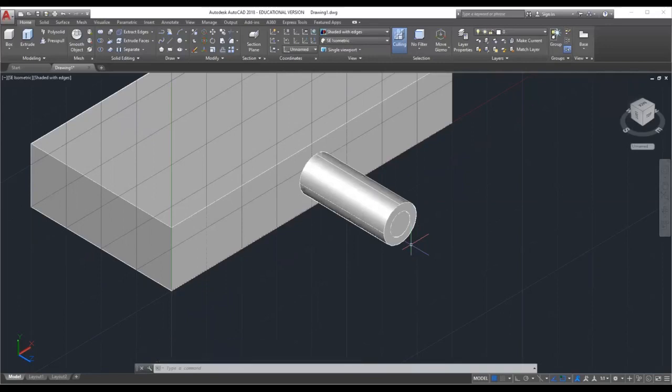I would like to remove the volume taken up by the inner cylinder from the outer cylinder.